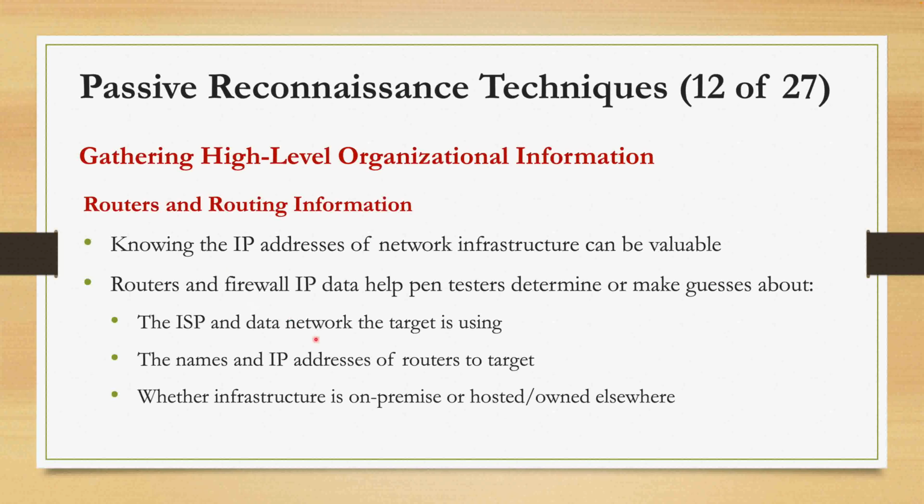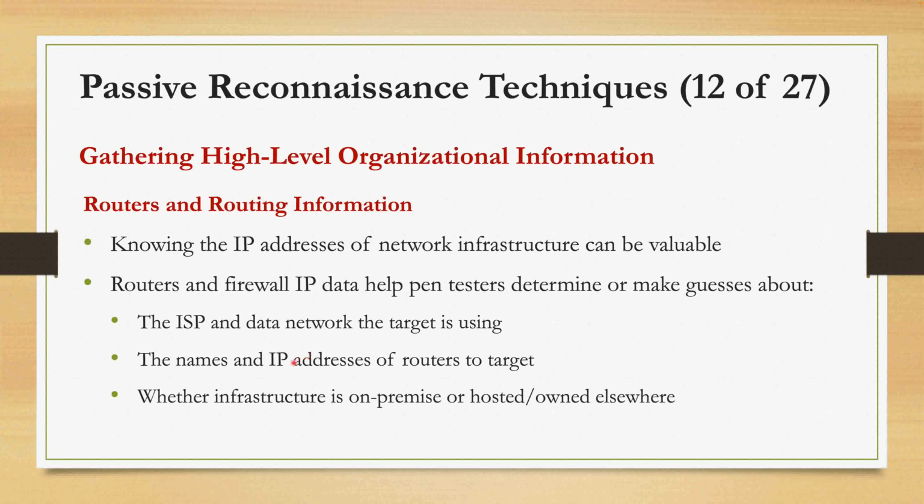So when you start analyzing the information here, looking at the screen, it can help you determine or make educated guesses about several critical factors, like the ISP here, okay, and the network provider here, okay. Now, the IP address of the network infrastructure often reveals the ISP or the network provider used by the target. This information can help you understand the network's geographic location and also the type of service or any associated